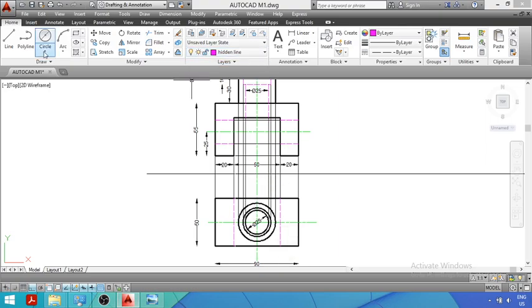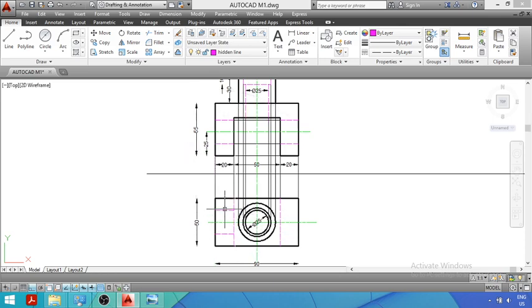So in order to show the holes, simply from this center line you have to draw 2 horizontal lines. You can see this is my center line. Now I will show the hole on the upper side also and on the lower side also. So I have drawn the first dotted line from here to this line. It is shown by dotted line since the holes are not visible. Again from this center I will draw a line on the upper side at a distance of 12.5, since the radius will be what? Half of 25.